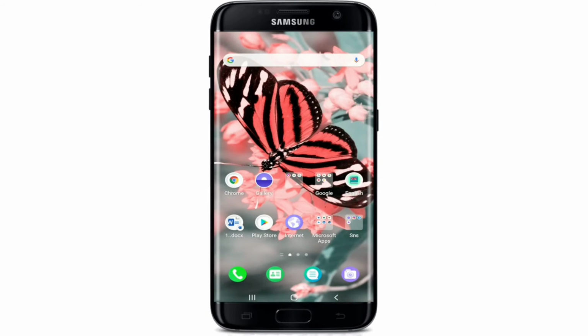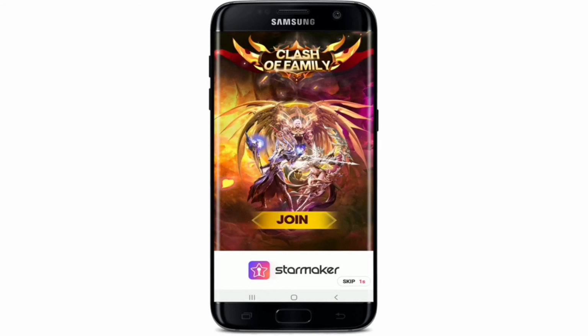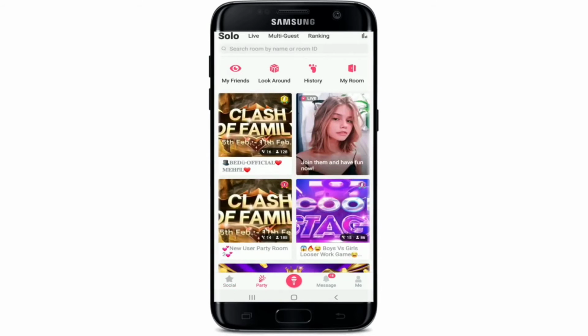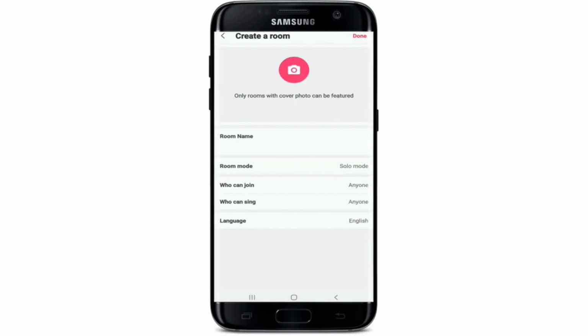How to create a party room for StarMaker. Go to your StarMaker from your app list and make sure you're signed in. After you're signed in, tap on Party icon located right beside the social icon at the bottom of the screen, and to create a party room, click on My Room at the upper right. Now tap on the plus icon located at the upper right corner and you can create a room of your